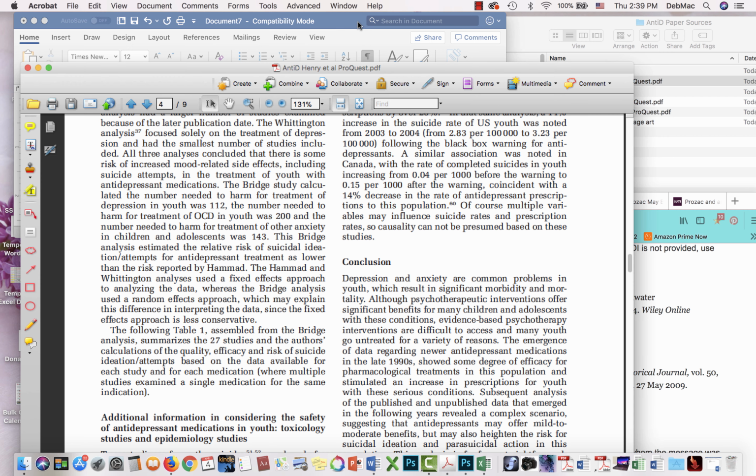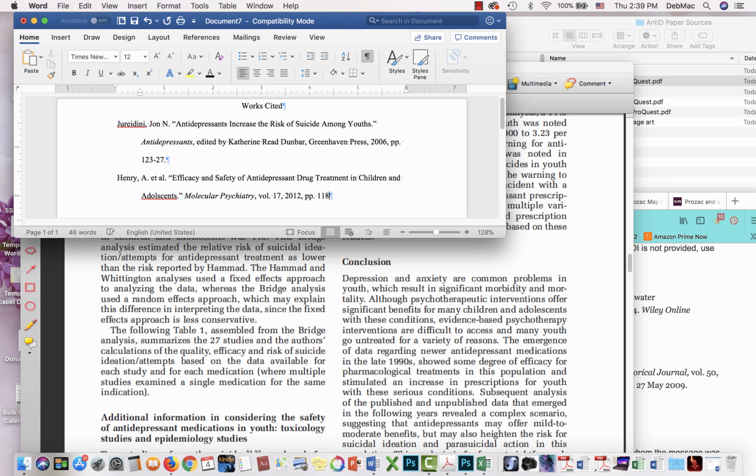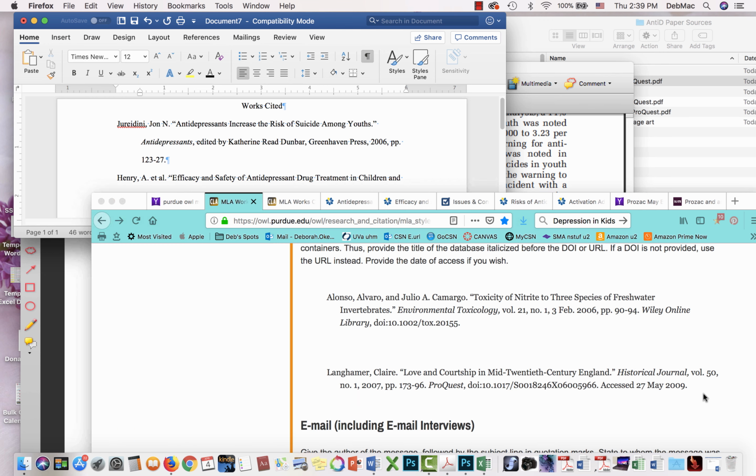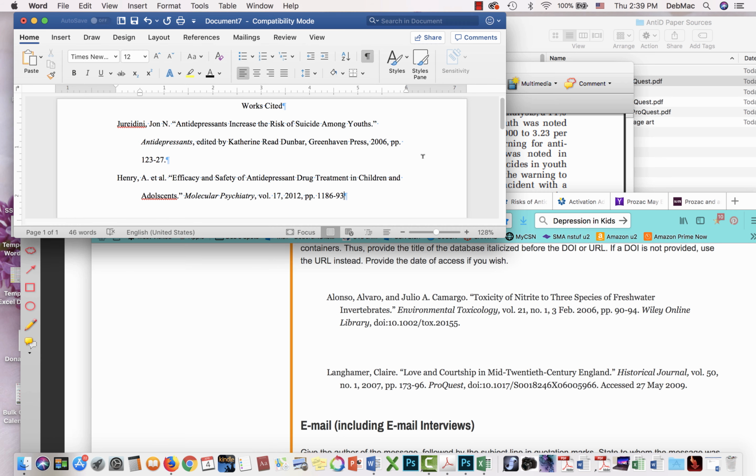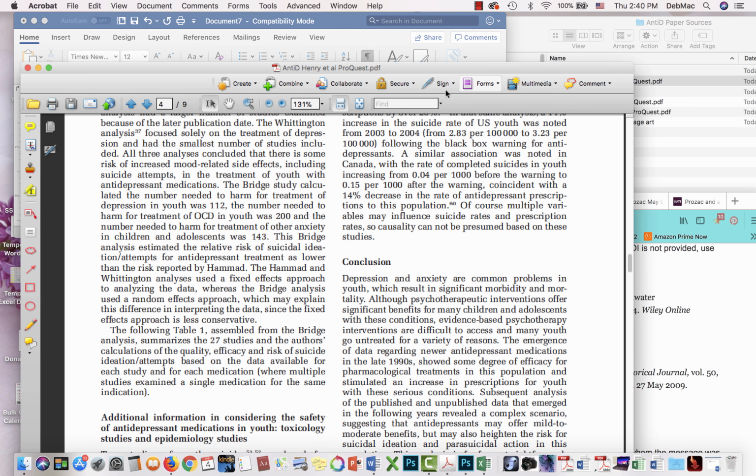So we will put in 1186-93. And what comes after the page numbers? A period. And then we need the name of the database. And the database name has to be italicized. So we click italics. And the name of the database, as I noted at the top of the article, is